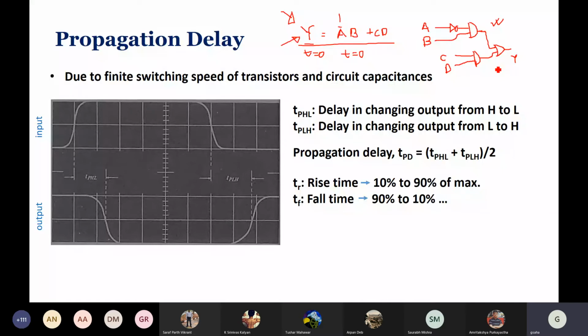So each one of them has a timing element associated with it. Okay, even if it is of the nanosecond order, right? Still, it is not instantaneous, and the way we want them to operate in today's context, the clock frequency or operating frequency is also of a similar order. So we are looking at high speed operation.